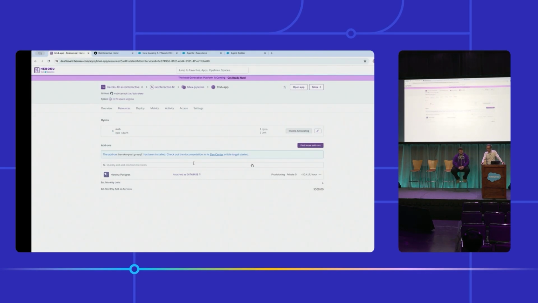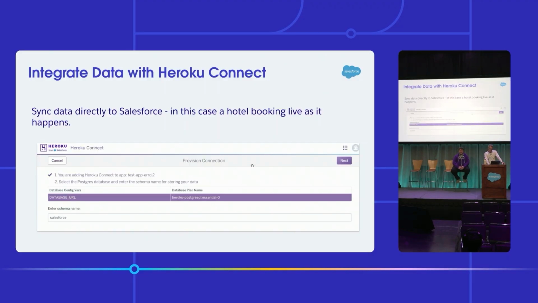Database is ready to go. Next thing we want to do is use Heroku Connect. Who in the room's used Heroku Connect before? It'd be kind of awkward if I hadn't, yeah. You've used it once or twice? Yeah, me too. So I just want to show you again Heroku Connect here because this is going to become